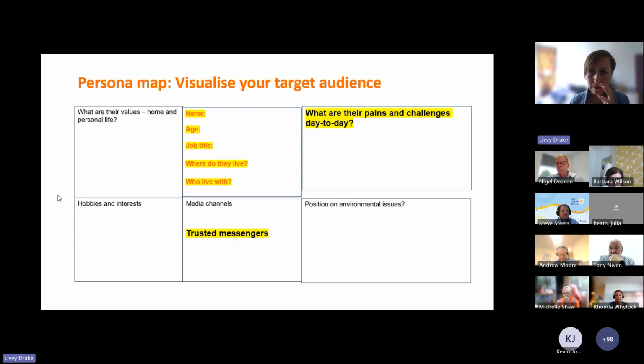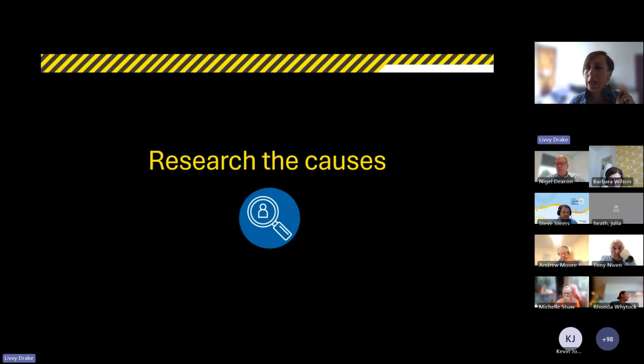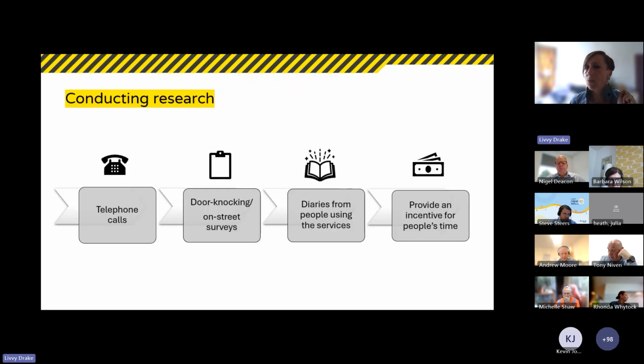So with this in mind, has everyone got something written down now? Just to give them some kind of, and they've got someone in their mind to think through. So let's move on and think about the research part. So ideally, for this piece of work, we researched with a literature review to understand what the barriers and the challenges were. If anyone attended the workshop a couple of weeks ago that I did for Metro Store, we looked at what those were.